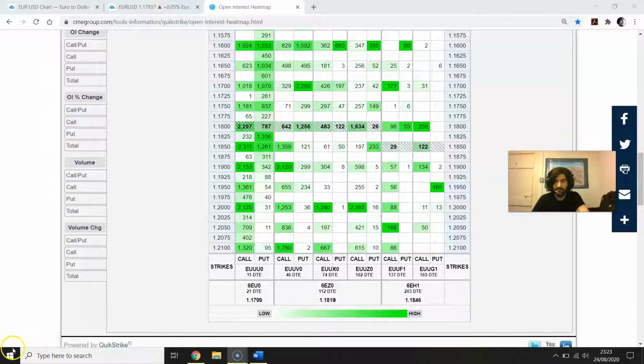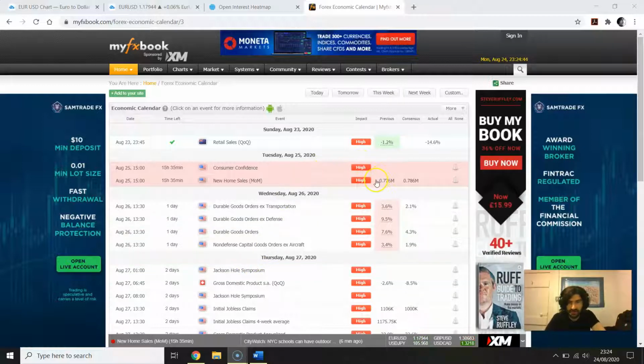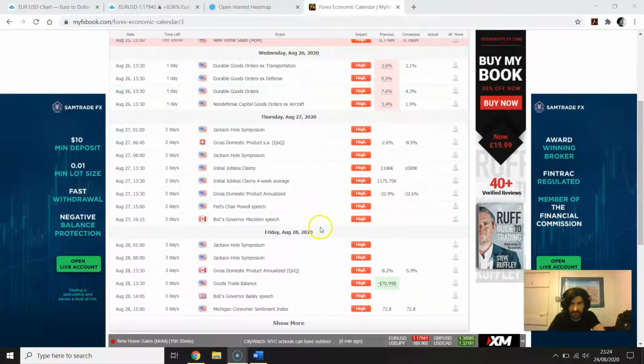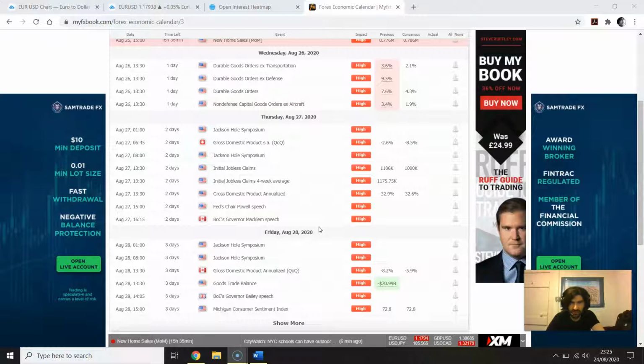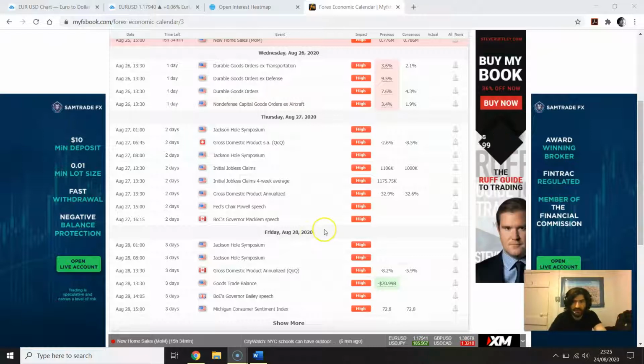What to do next is to think about anything else that you might want to take in with you. For example, how about some economic calendar? We have quite a few things this week if you look really carefully. Tomorrow we've got consumer confidence in the United States, and we've got new home sales. Wednesday we've got durable goods, and then Thursday we've got the Jackson Hole Symposium, initial jobless claims. And Friday we've got again the symposium and goods trade balance and the Michigan Consumer Sentiment Index. Now none of this is going to be necessarily market moving, except maybe the